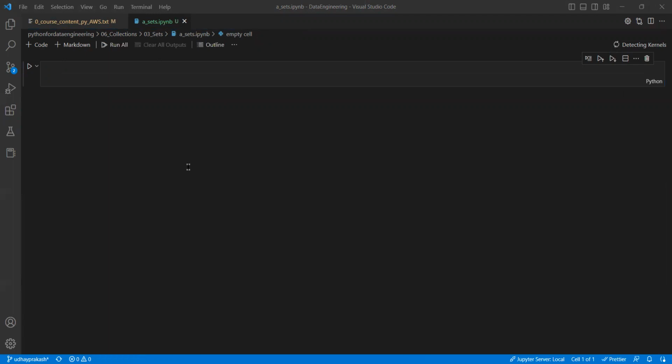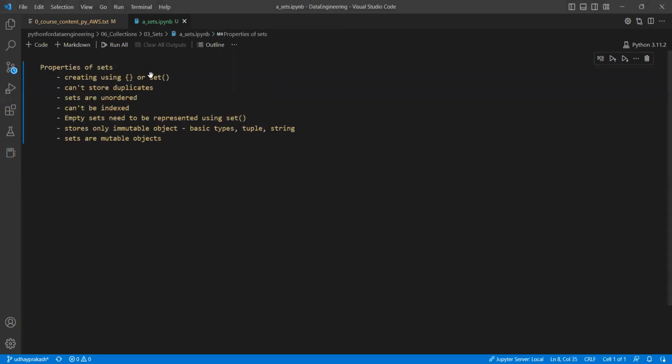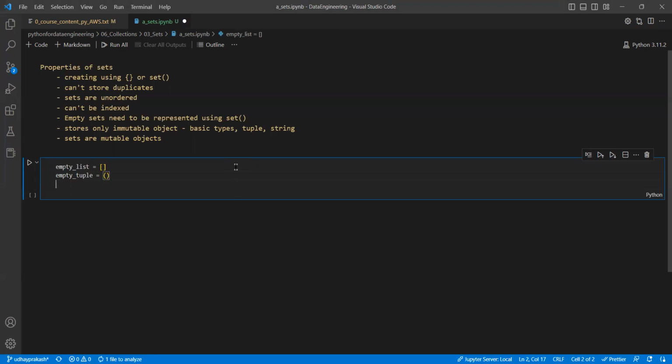Initially, like every other, here also we have some properties for sets that we can focus on now. Every set will have this kind of operations. We can create a set like this. The most important thing when creating a set is that we create an empty list like this, and similarly an empty tuple like this. And similarly, when you have an empty set,